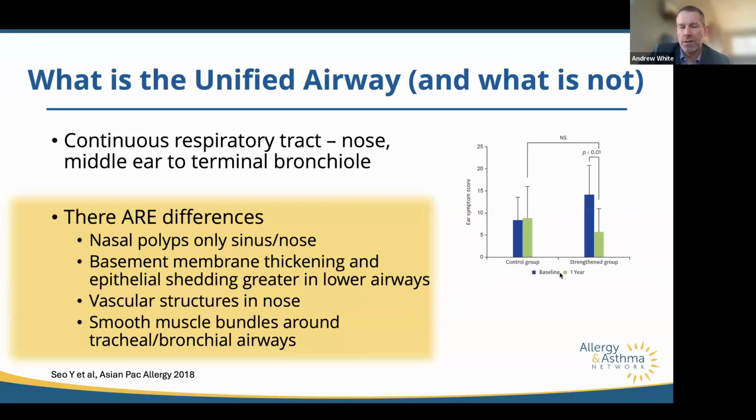But obviously there are differences. I mean, this hypothesis can only take us so far. We don't form polyps in the lower airway. That's a disease that is really isolated to the upper airway. In the lower airway, we think a lot more about basement membrane thickening. The nose has very vascular structures that aren't replicated in the lower airway. And similarly, we've got the smooth muscle bundles around the bronchial tubes that are not relevant to the upper airway. So plenty of differences, but from an inflammatory standpoint, and I think in a relevant way for our treatment, really